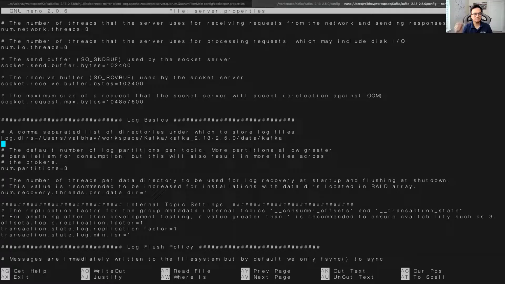As you remember, inside the data folder we also created another folder called kafka. We'll place the location of that folder here under the log basics at log.dirs. So here I put users, Webber, workspace, and my data/kafka folder.